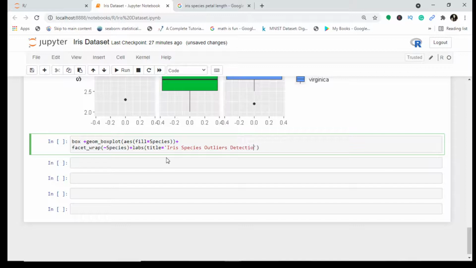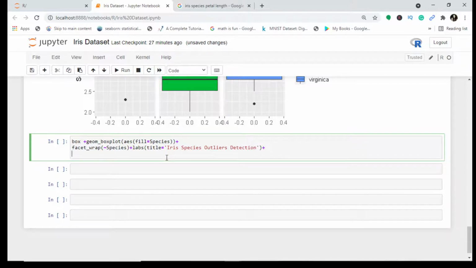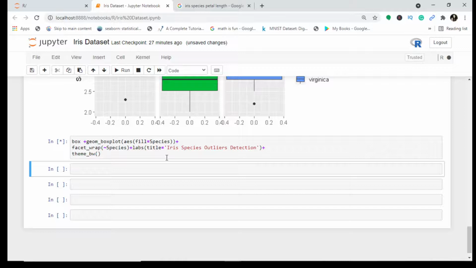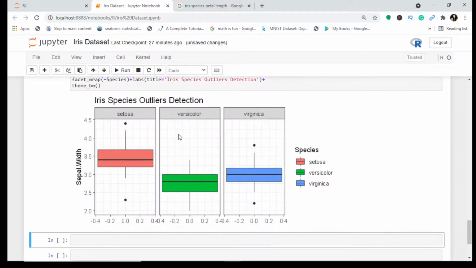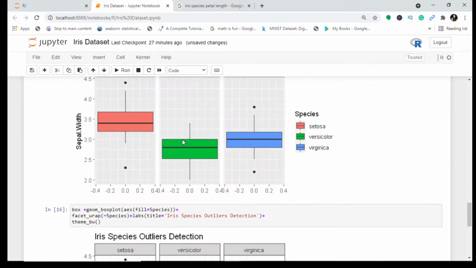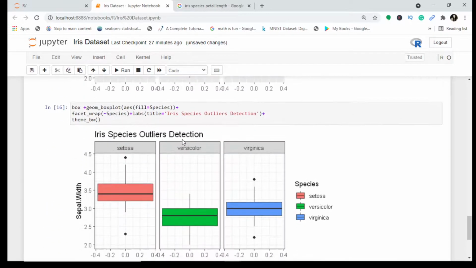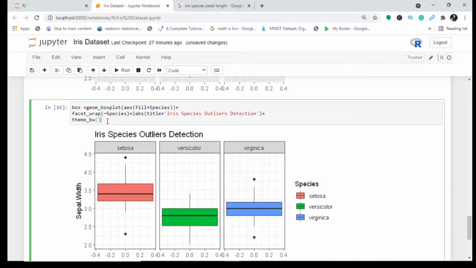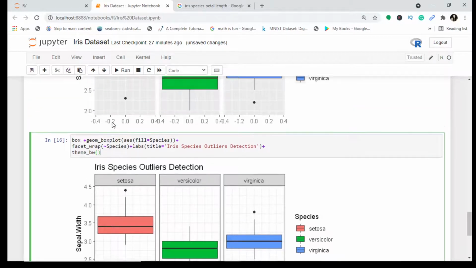Outliers detection, yeah. And then I will again add a layer here and let the theme, now we will work with different themes here. I will use the classic theme, black and white. Let's see. So this is what my black and white theme looks like, and I have used these labels, good labels, right? So this becomes more interactive. Now again, another thing which I want to show you is we can experiment with different themes also, and I will just do it quickly for you.